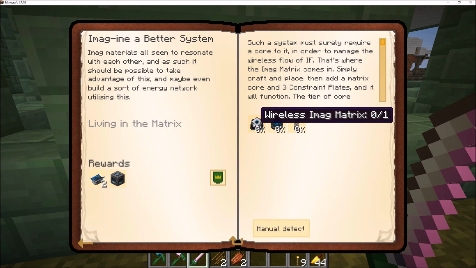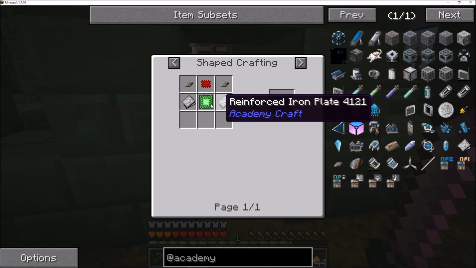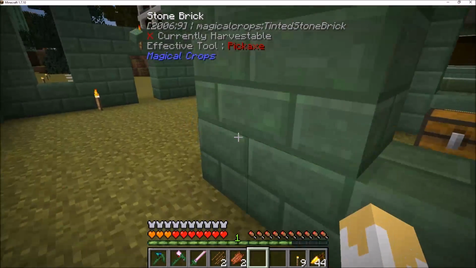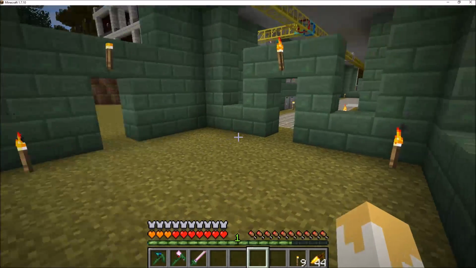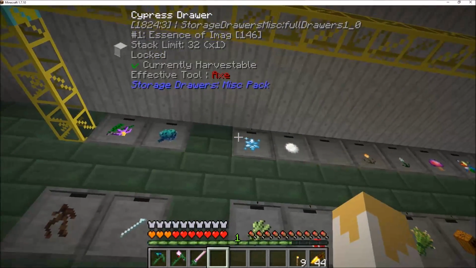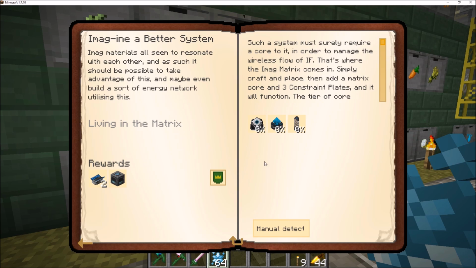Alright, so let's make this wireless image matrix. I've never seen this recipe before, so let's grab all of these things here. Let me show you how to make some of this stuff. We're going to need a bunch of this. Let's just grab a stack. We're going to need some...